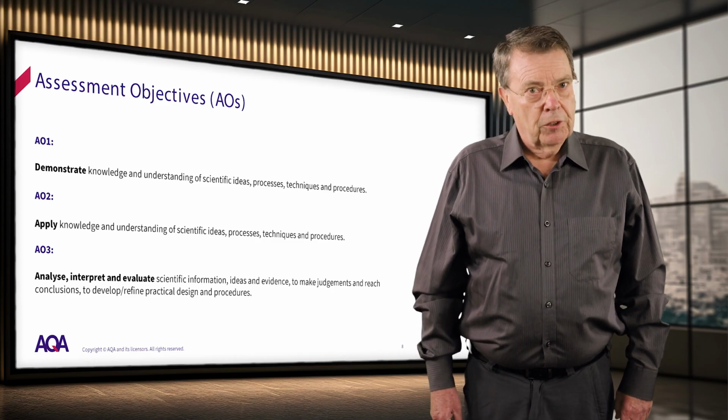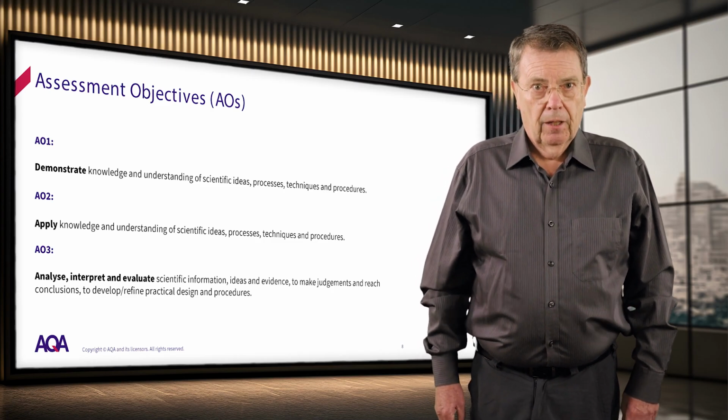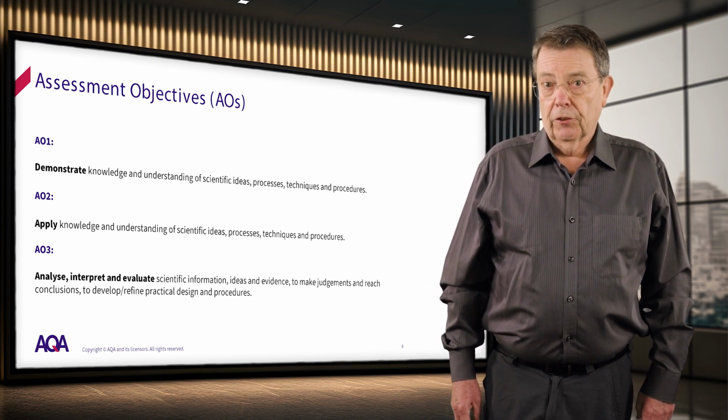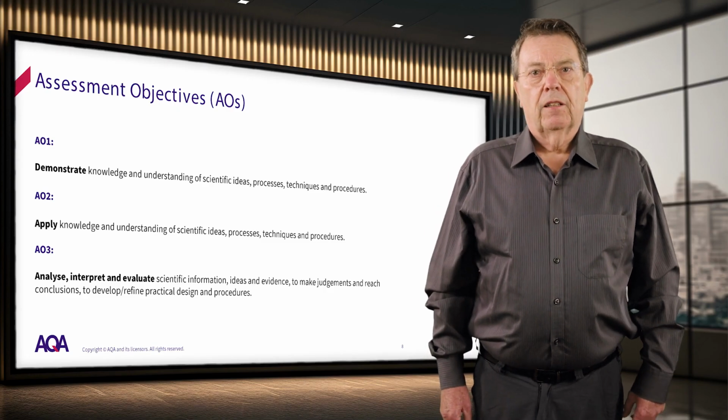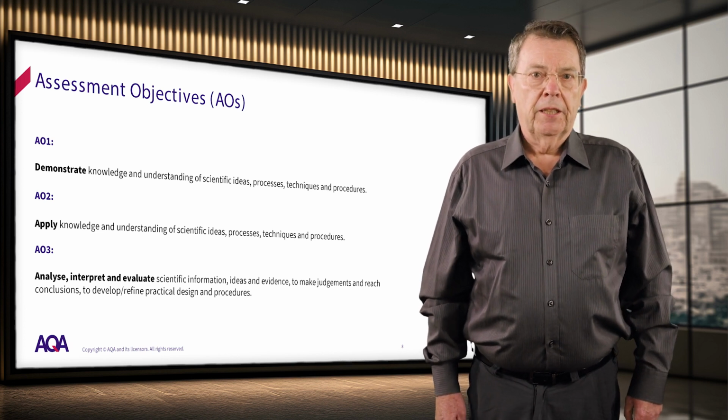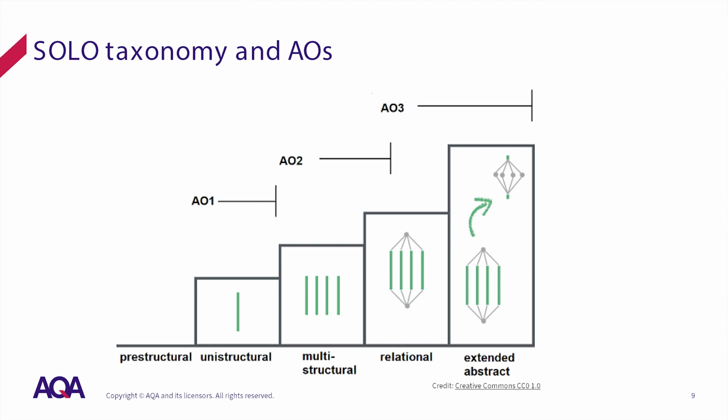You'll recognize the influence of learning taxonomies here. I'm going to use a taxonomy that focuses on the structure of observed learning outcomes. This is abbreviated as the SOLO taxonomy. I could, however, just as easily use the Bloom taxonomy or others. AO1 tasks focus on the unistructural level, in which the student demonstrates largely limited and isolated disciplinary knowledge. For example, at the unistructural level, a student will state that water boils at 100 degrees Celsius.